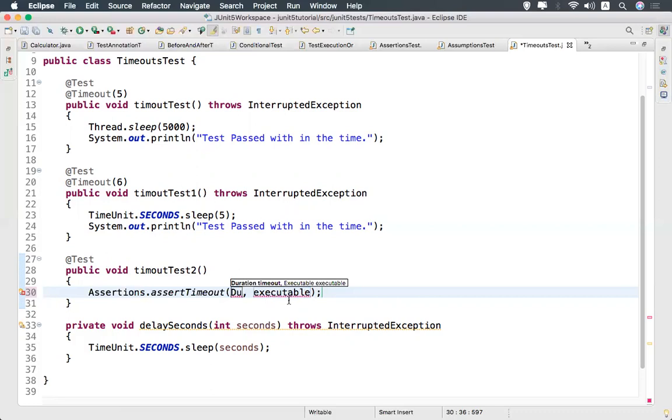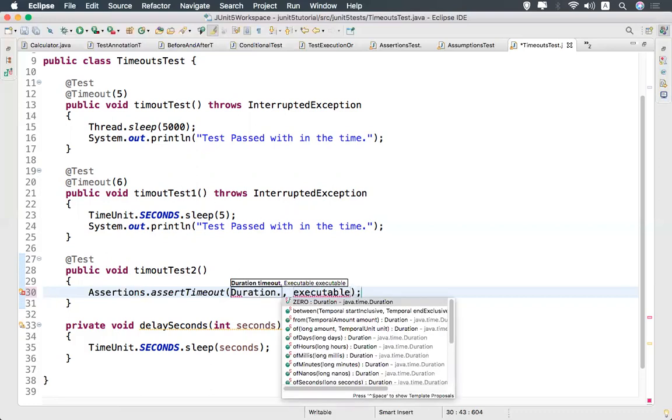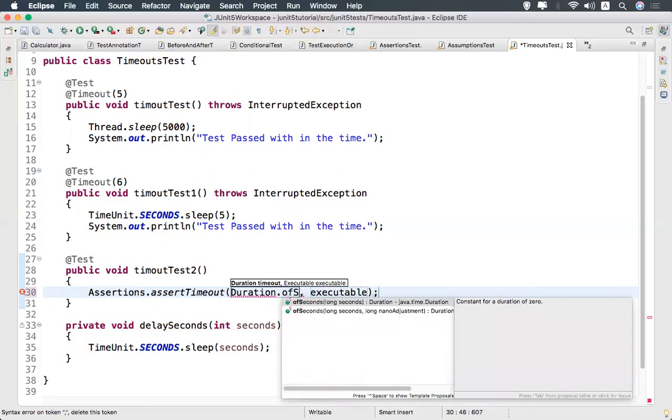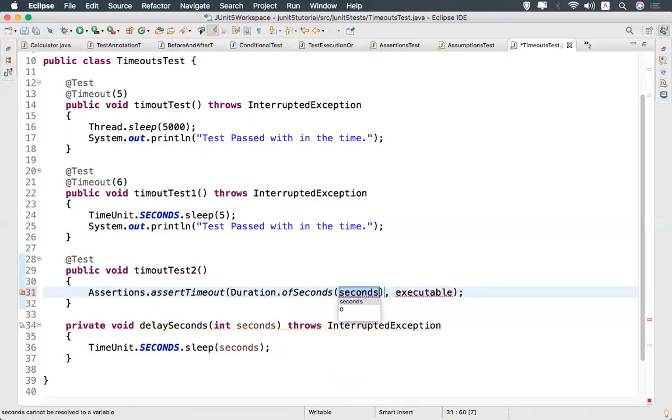Duration.ofSeconds. I'm waiting for 5 seconds, and the executable means some method should be executed. I'm giving this method to execute, but here for the executable we need to mention a lambda expression, something like this.